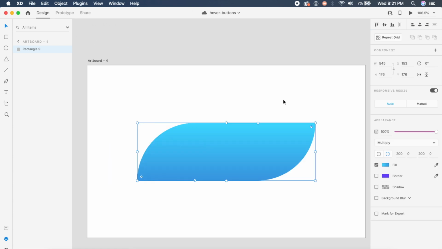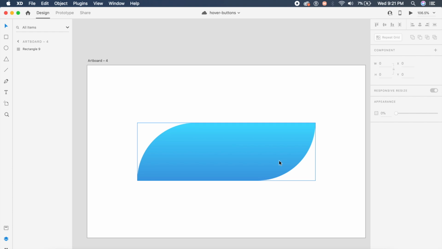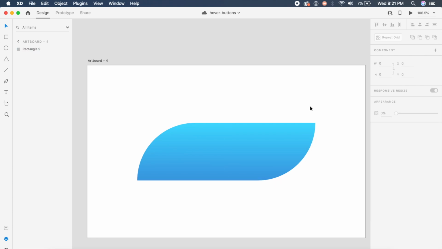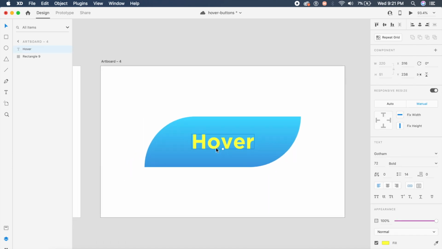So for the last design, which is also a wonderful design, I've just taken that same circular rectangle, and here, if you can see, there's this dotted border radius. So you can choose border radius for each of these corners. And for the first and the second last one, I have said 200 pixels on the border radius. That is how we created this rectangle. And I've already given it a beautiful blue gradient. Above this, I will place this beautiful lemon yellow text which says hover, because it is a contrasting color to